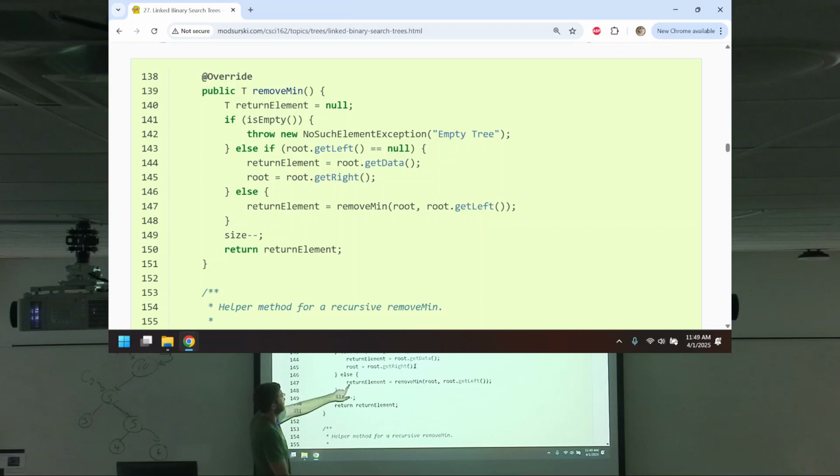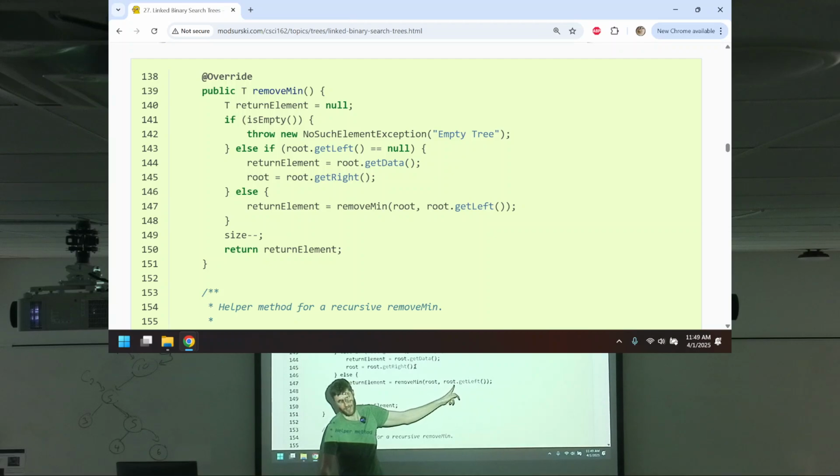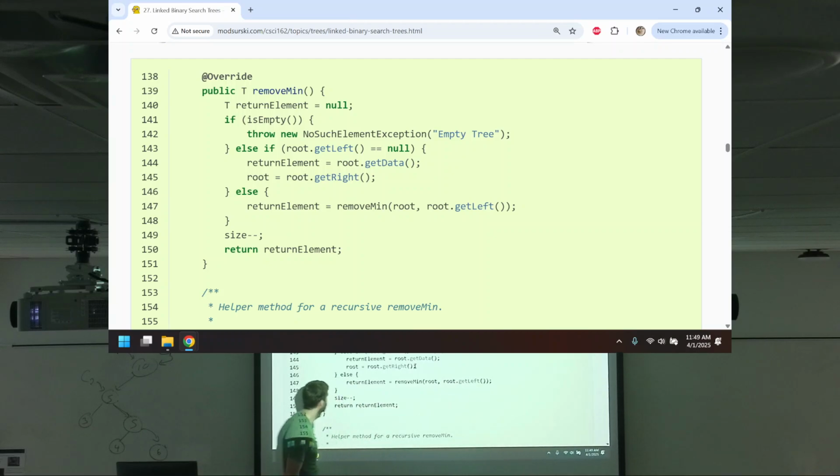Otherwise, we call return element on remove min root and get left, because if the root's left does exist, go to the left until you find it. After all that, reduce size, return the return element, the minimum number. You'll notice that this method does return the data, the minimum value from the tree. When you call remove min,